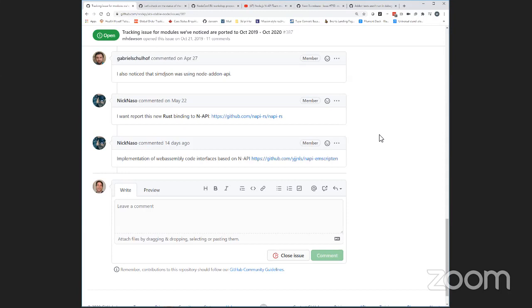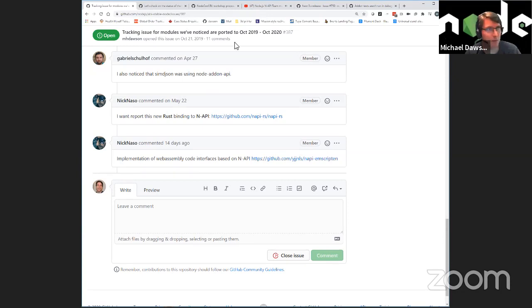They use an API, the JavaScript part, to create a WebAssembly module. Okay, that's interesting.